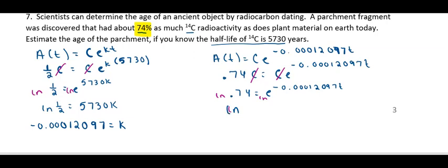Oops. Let's try it again. The color went crazy. Here we go. The natural log of 0.74 is equal to negative 0.12312097t. And then we can do our division. And if we do our division, we get